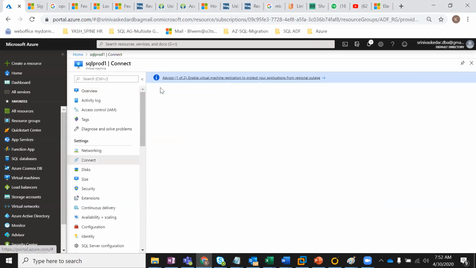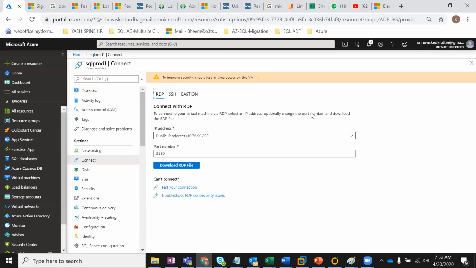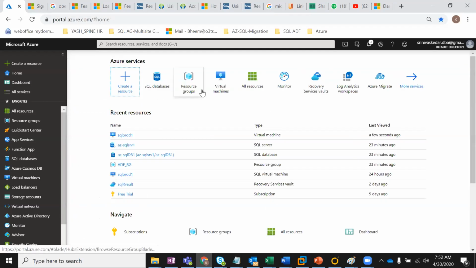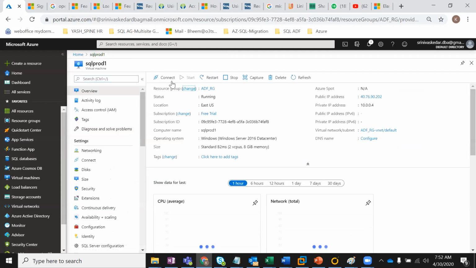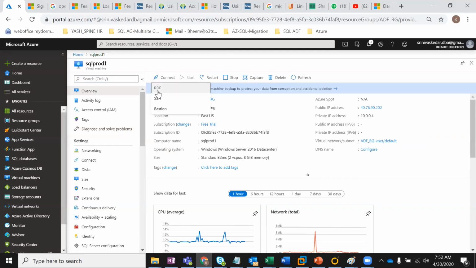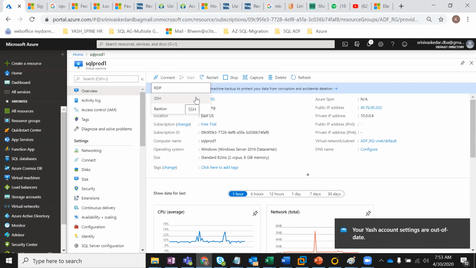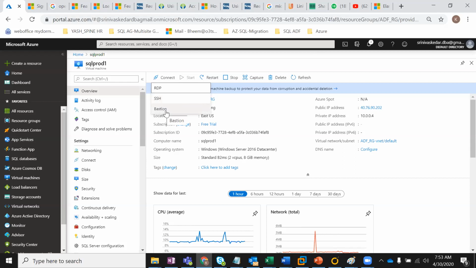So we have multiple options here. If you're trying to connect, this is for the 3389 port, SSH is for Linux server connectivity, and this Bastion is for secure connectivity. The Bastion option is available to connect to any server.